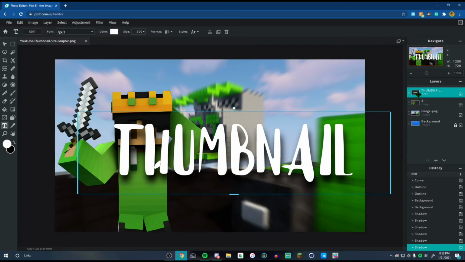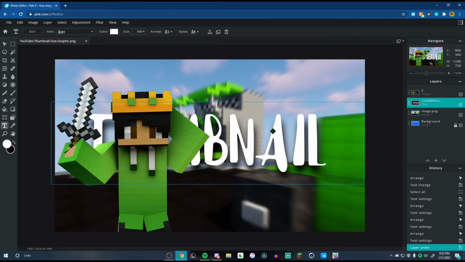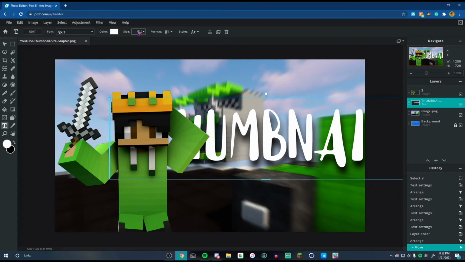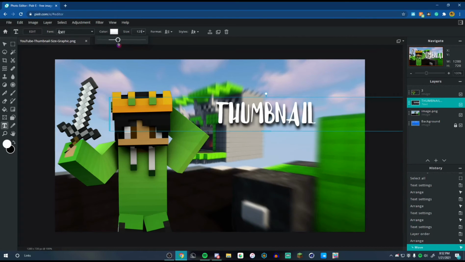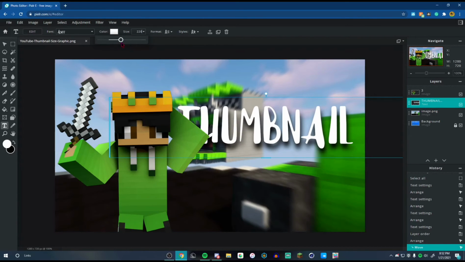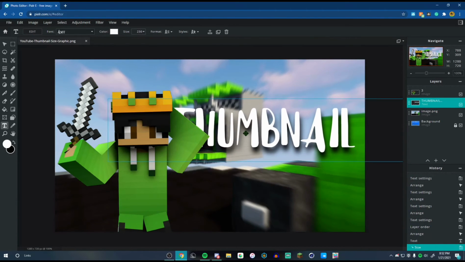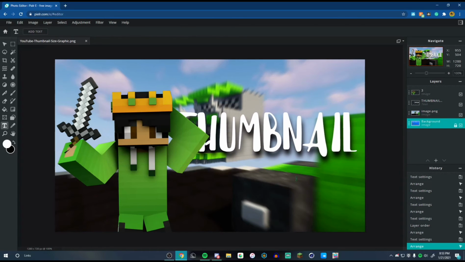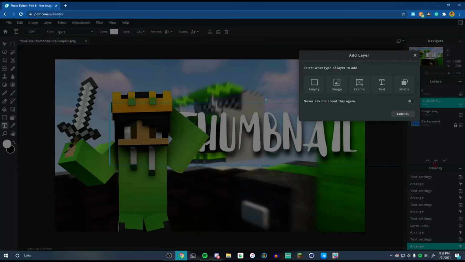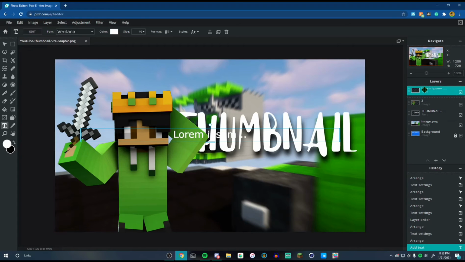And then you want to drag it underneath so that it's right there, and you want to put it in a good spot where everyone can read it. So I'm going to turn it down just a little bit so it's a little more readable, but it's still behind me. And then the second layer is going to say tutorial,